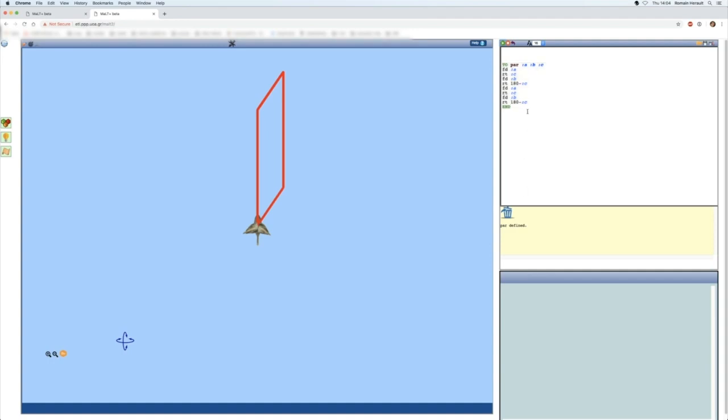So now par has an equivalent status to any logo command. I can just ask it to execute it with three values, say 30, 40, and 50, and then when I execute, I see what it does.